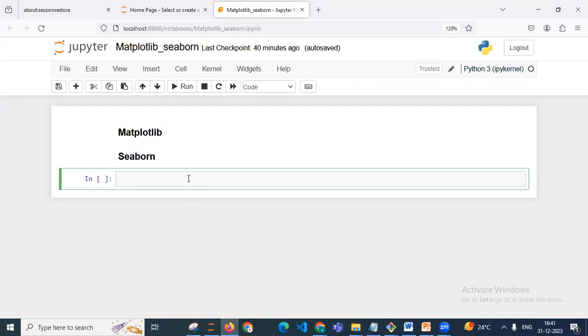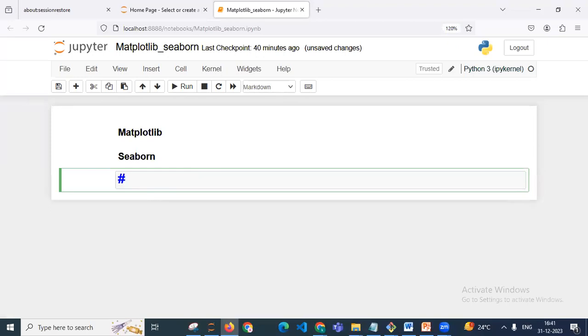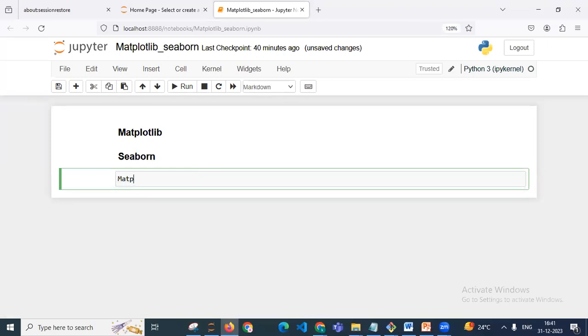I also write here in that cell, in the markdown, I just change it. So write Matplotlib. Matplotlib is a plotting library for the Python programming. For that, very essential. You have to know these things. That is the reason I'm just writing the definition, and whatever I know that I can share with you. So Matplotlib is a plotting library for the Python programming